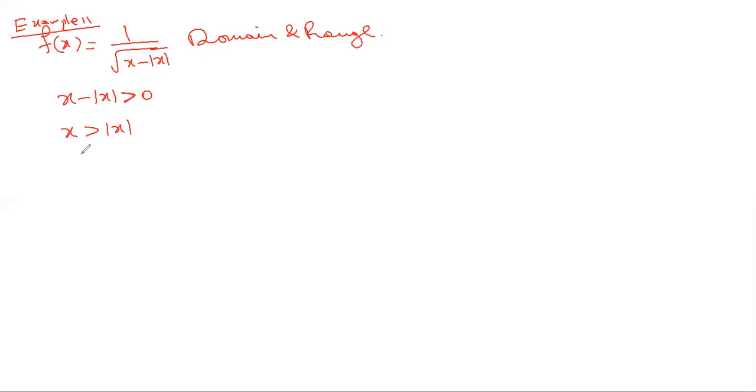You can simplify this in two cases. Whenever the modulus is there, you need two cases. Case 1, where the expression inside the modulus is positive. We understood that x greater than mod x is not possible because either x is equal to mod x or less than mod x. But instead of confirming that at this point itself, we'll write a more simplified form of this expression and then confirm that it is not possible.